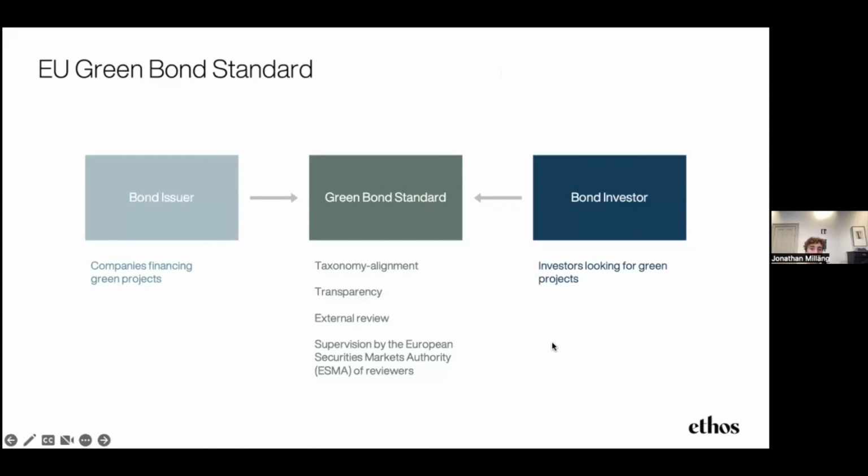And worth noting here is that there is discussion about making this a requirement for all green bonds, that they have to be taxonomy aligned. So there is that debate going on. This is obviously facing a lot of criticism, as even though the taxonomy covers a lot of industries and sectors and environmental objectives, it still doesn't cover everything. So if this would be the only way to issue a green bond, it may be a bit narrow. But this discussion is being had. So this means that the green bond standard will become an important green bond framework. There is no doubt about that.